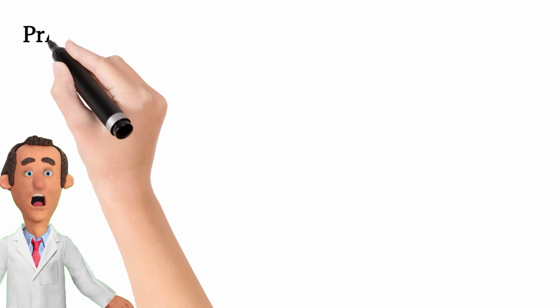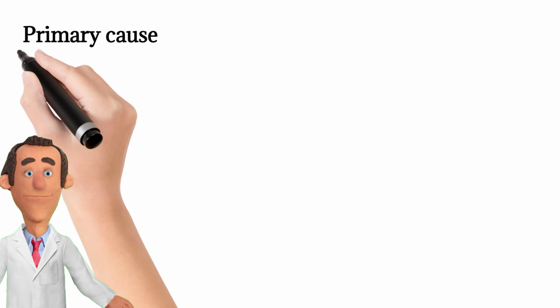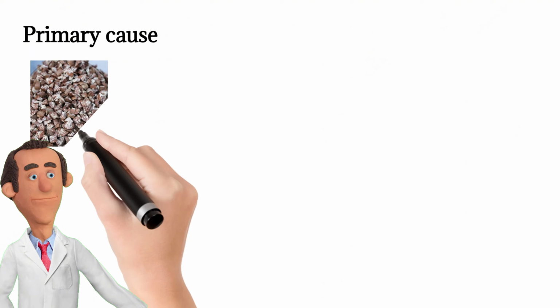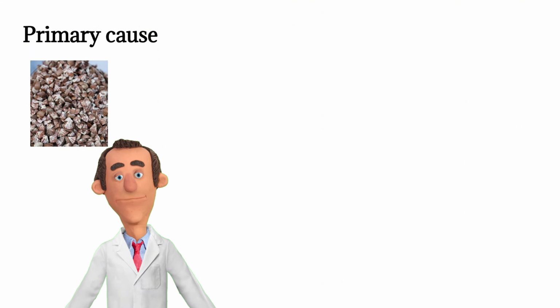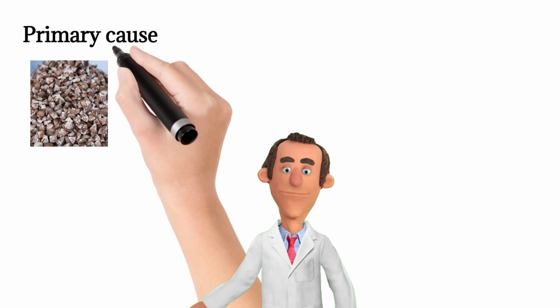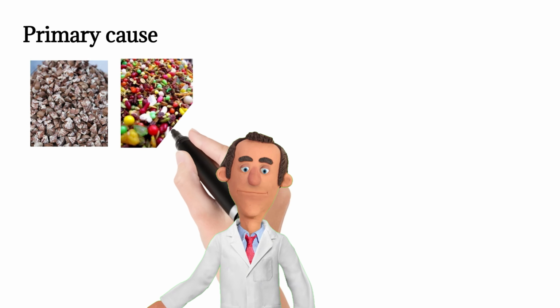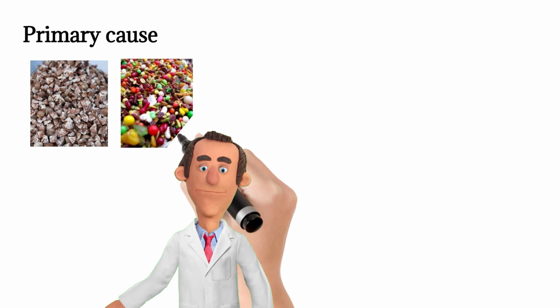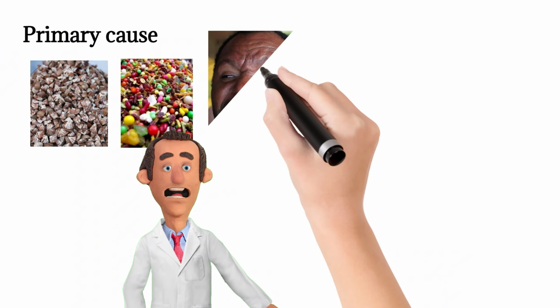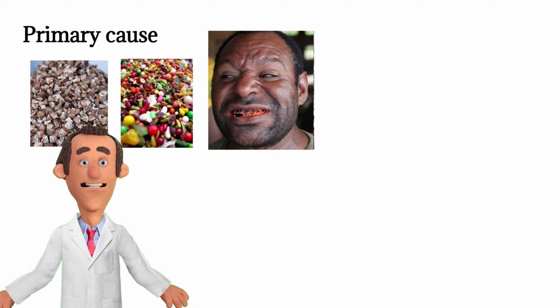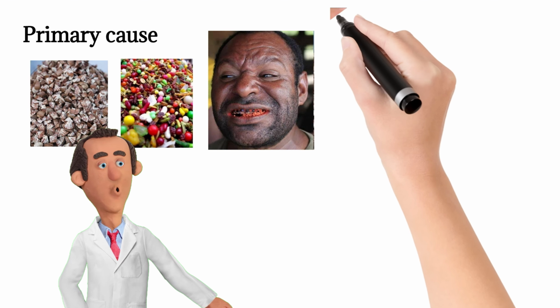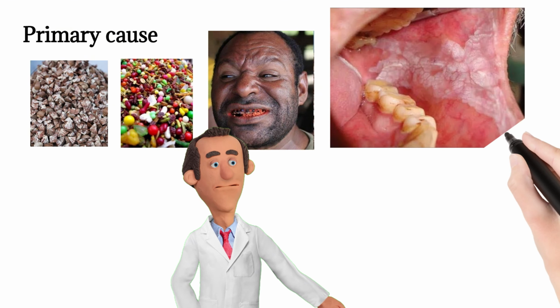The primary cause of oral submucous fibrosis is the habit of chewing areca nut, often in combination with tobacco, which is prevalent in certain regions. Areca nut is also known as supari, and the habit of chewing it along with tobacco is commonly referred to as chalia chewing. It's important to note that the fibrotic changes associated with oral submucous fibrosis are typically permanent, meaning